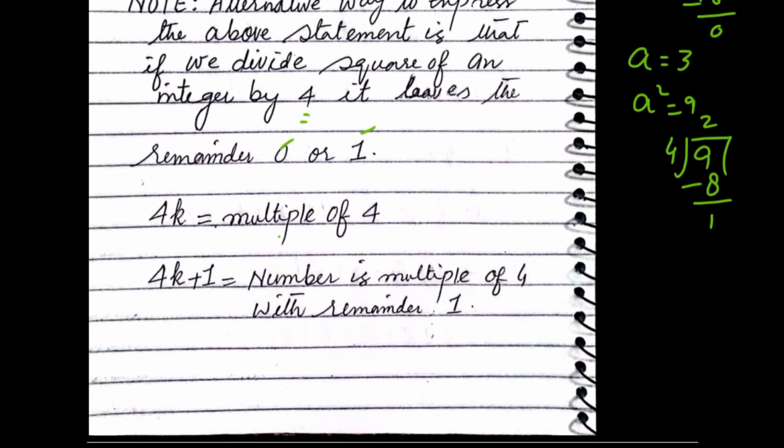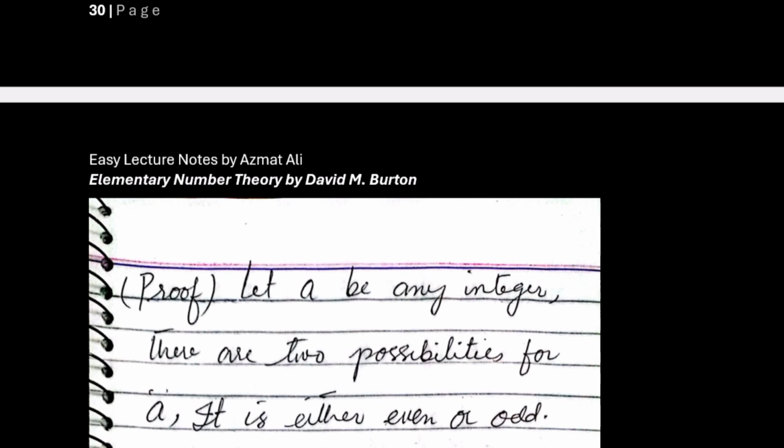So if the remainder is 0, it means your integer is exactly a multiple of 4 and you can assume this is equal to 4k. Your integer is 4k. And if it leaves the remainder 1, it means your integer is of the form 4k plus 1. So